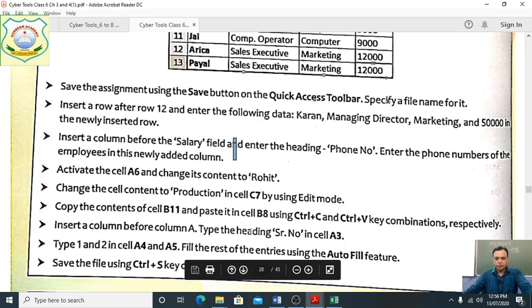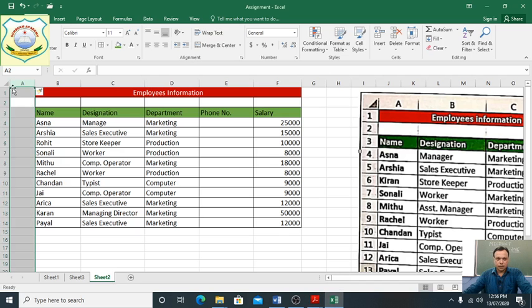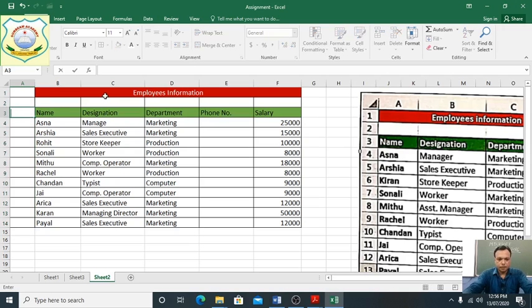In column A, write the serial number in cell A3. Okay, serial number, students. First of all, students will make a column. Okay, now where is the serial number? Serial number. Now we have added the serial number, and it should be colored also.